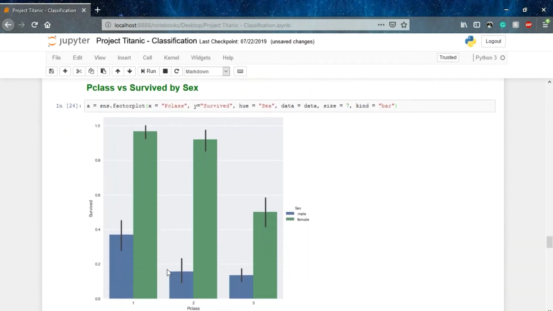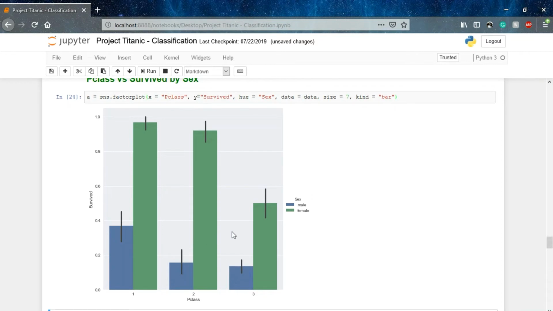So here we go, you can see that's the graph. What we have done is we have plotted P class with respect to the survival probability, and still the chances of survival depend on the class we have. So the first class passengers have higher chances to survive, but when we are taking a single class into consideration, then you can see that in each class females have a much higher chance with respect to the male